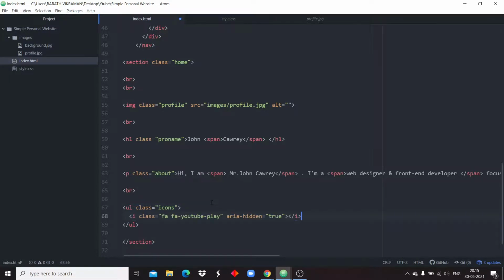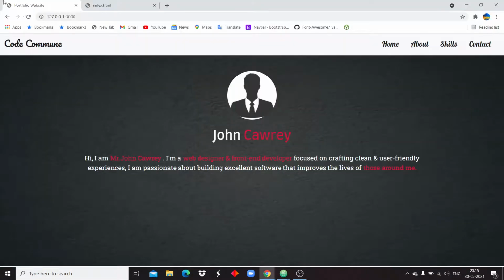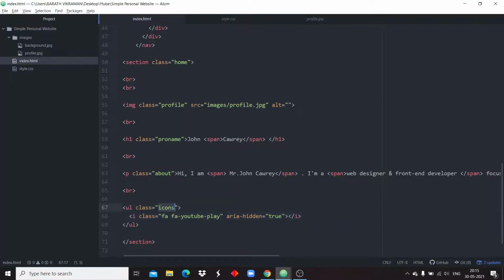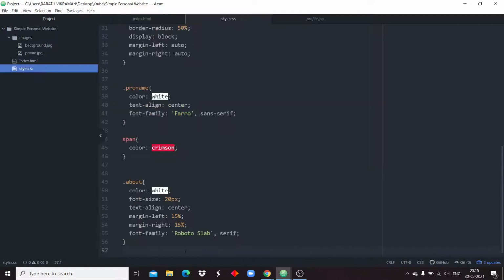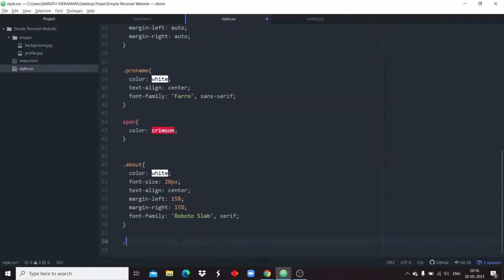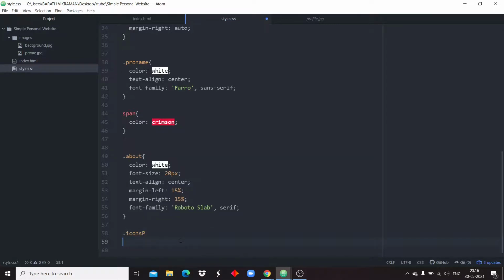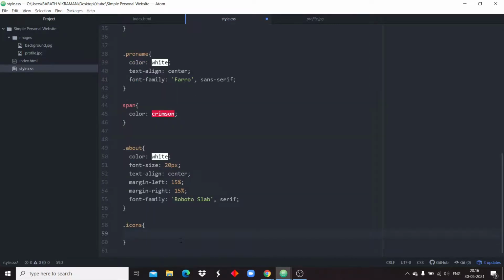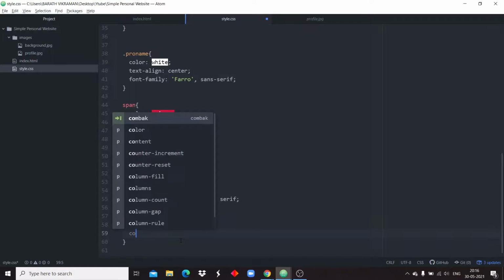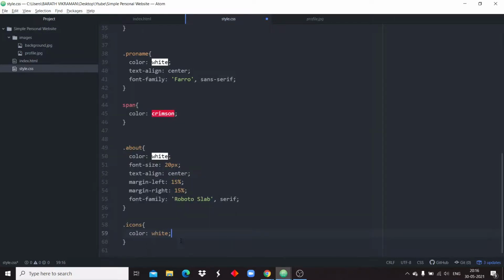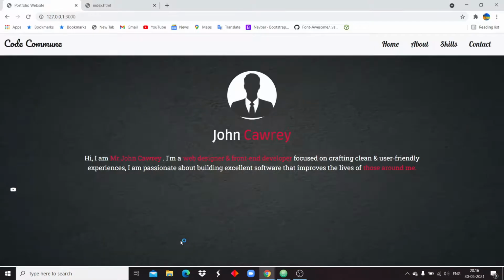I'm pasting it here. It won't show because we need to target these icons, and yeah, now we are able to view it here.